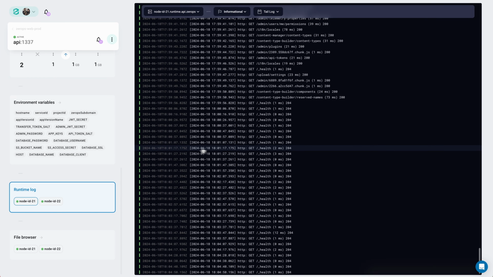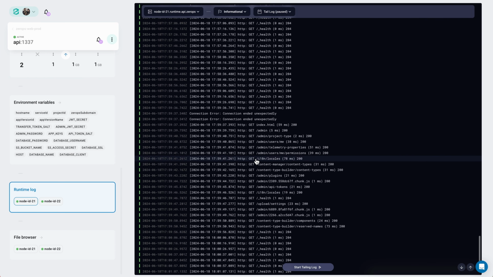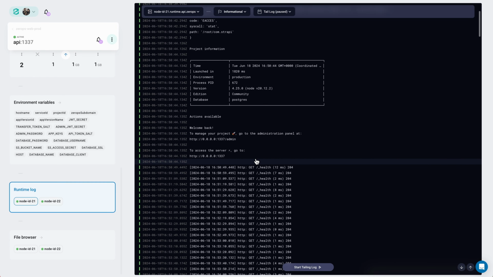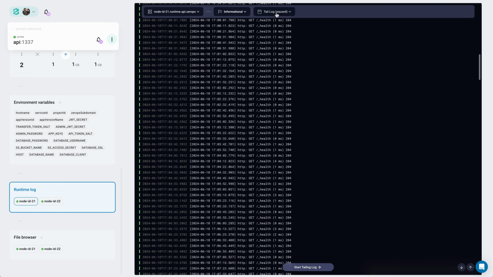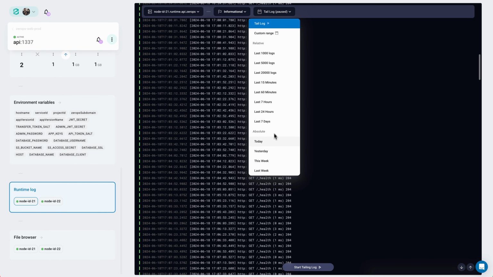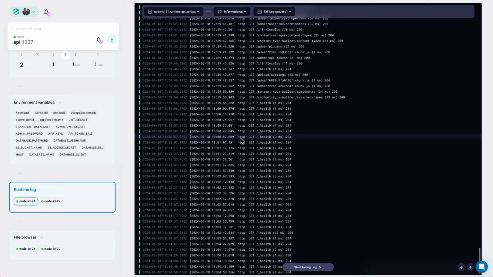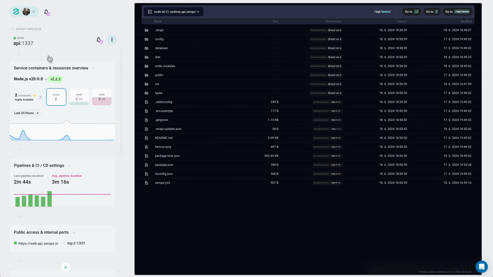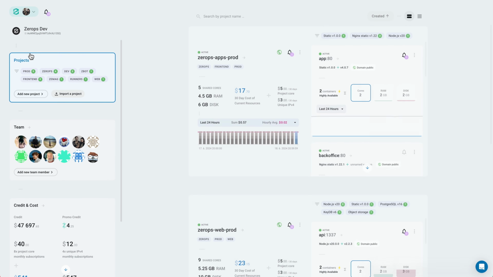Runtime logs and database logs are directly accessible through the interface or CLI and serve as a quick view into what's happening inside each container. For more advanced setups, the logger part of the project's core service allows for easy setup of log forwarding to any syslog-compatible third-party software, such as the popular services BetterStack and Papertrail. The contents of the deployed files can also be easily accessed through the interface without having to SSH into each container. And that's it for service detail. Let's go back to the main dashboard.